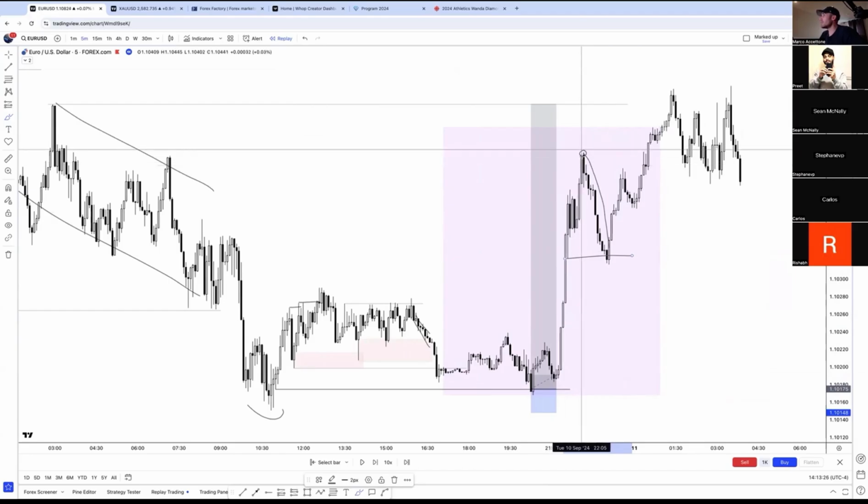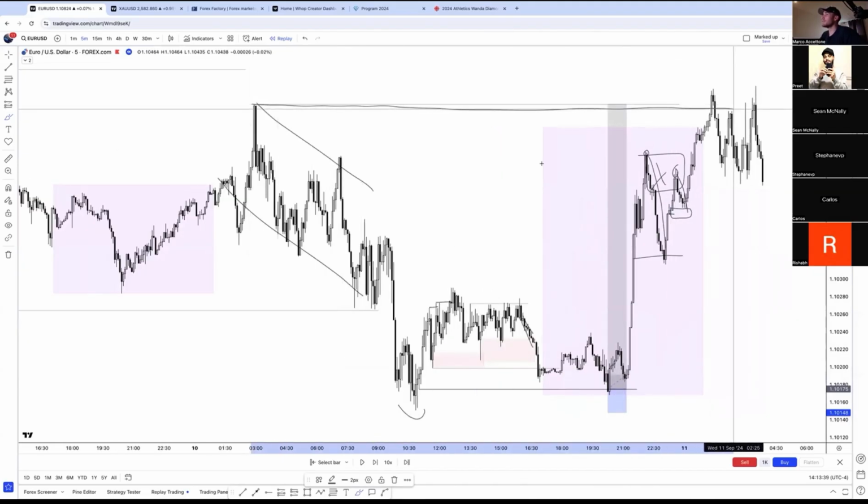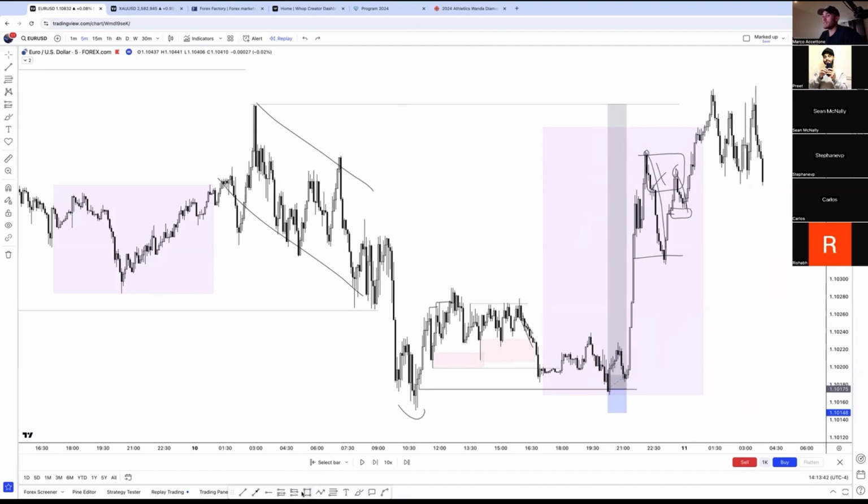Okay, this reaction to the downside, clearing internal. Why is this important? Sellers have now been induced into the market. Okay, this is going to be a trap. Look how they get that false reaction down. And there's actually a mitigation of M5 liquidity block right here. And then we move higher to trap the sellers. Okay, so anybody that was looking for sells down here, or sorry, sells over here, see how they get their reaction to the downside? Take out the lows, so they think this is BOS here or even just over here. They're going to be selling this area back at the highs. Look, it gives them a false reaction and then traps them all.